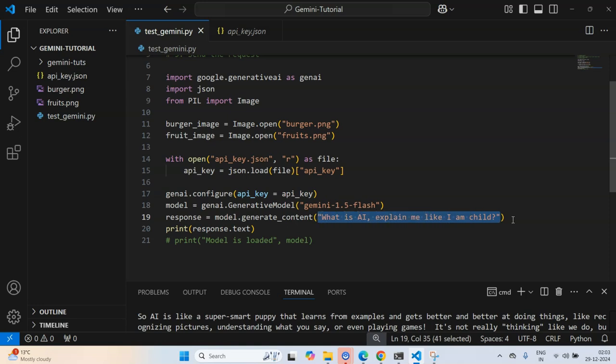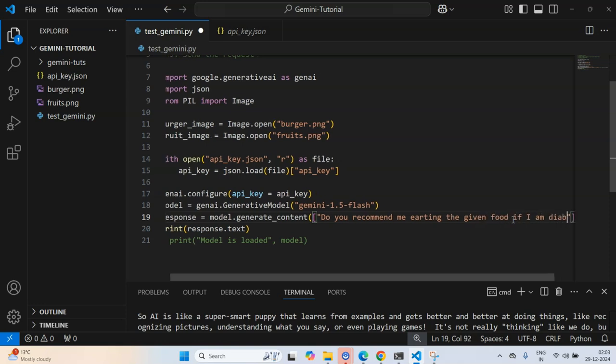Once we have these two images, in the generate content method we can pass either a string as a prompt or a list of prompts. So instead of a single prompt, I can pass a list. I can say, do you recommend me eating the given food if I am diabetic.